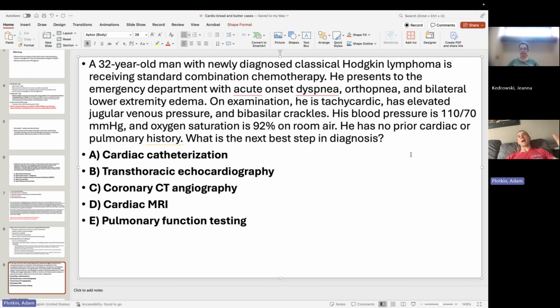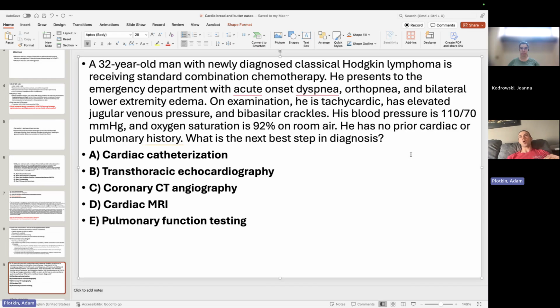So it's your adriamycin or your anthracycline that's probably going to cause the dilated cardiomyopathy. Your bleomycin is classically linked to pulmonary toxicity, like pulmonary fibrosis and restrictive lung disease. And your vinblastine classically can cause peripheral neuropathy and diarrhea. So all things to consider. Absolutely, we have a suspicion for heart failure. We want to get an echo. We usually do transthoracic, right? We can do that outside the chest, non-invasive.